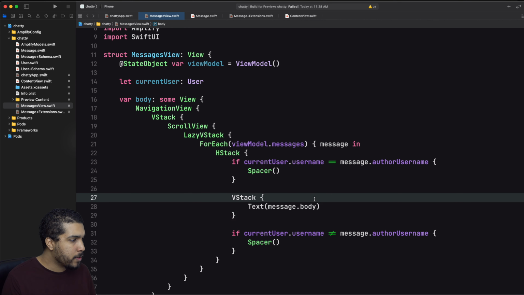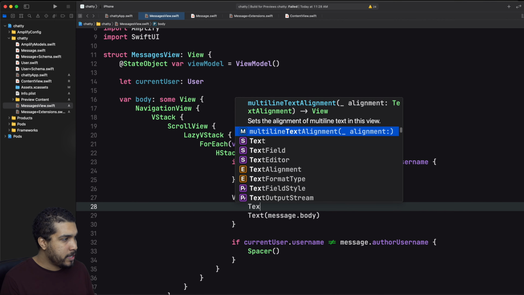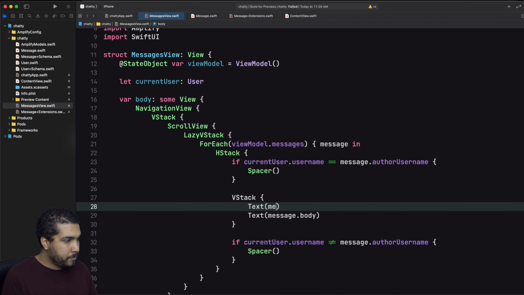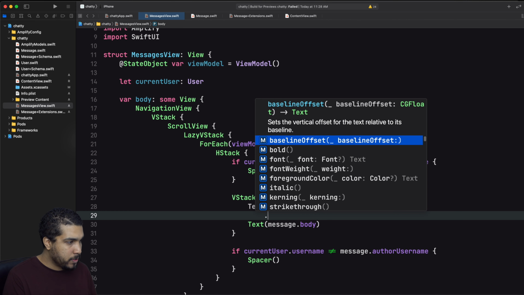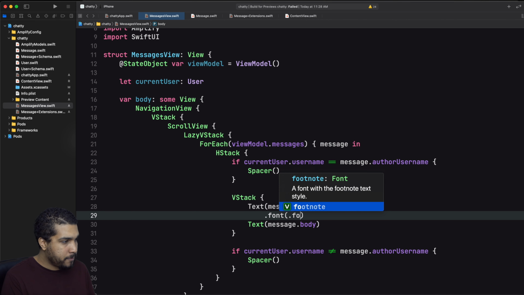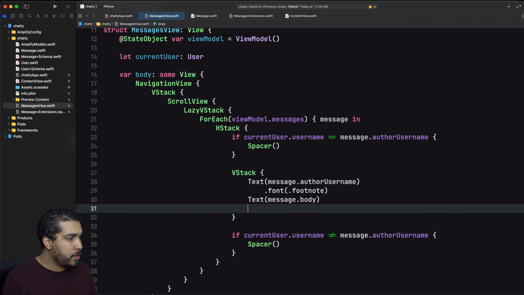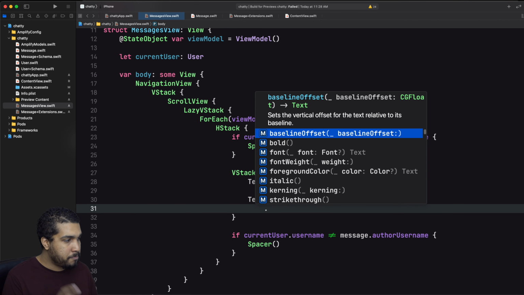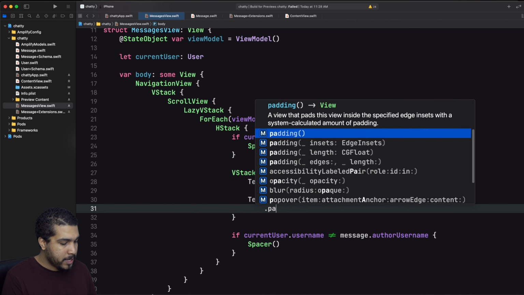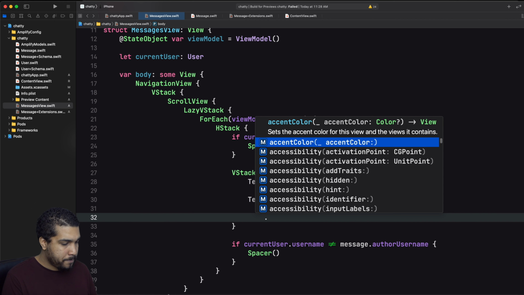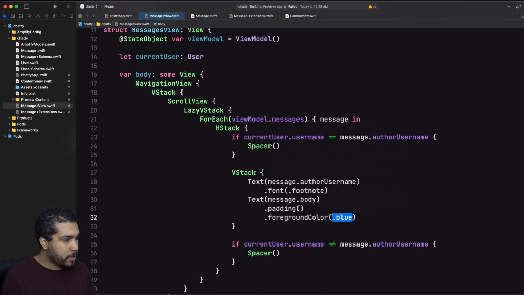So then we're gonna have the message.body, we're gonna have the text dot message.author username, and font is going to be a footnote. We just want it to be small, and then this will be normal size. But what we want to do is we want to add padding. We want to add a foreground color of, let's say,